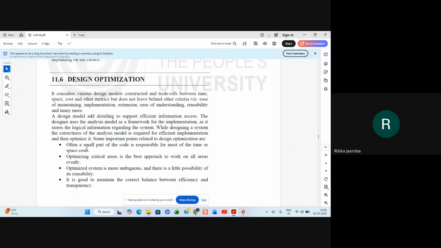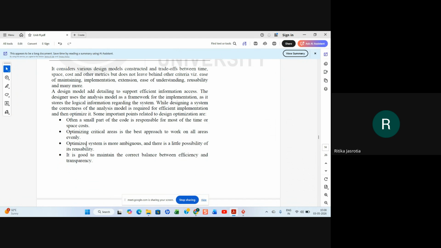So some of the related points to design optimization are: often a small part of the code is responsible for most of the time or space cost. That is, if a small part of the code has an error or is not implemented correctly, it will create a problem, and it will also have space cost or time cost, right?